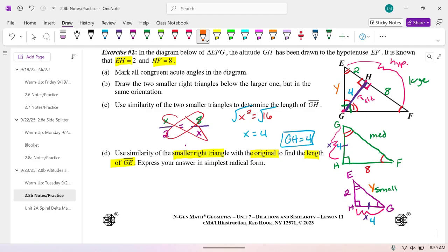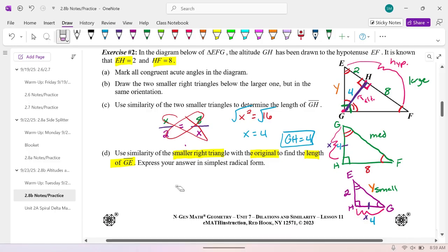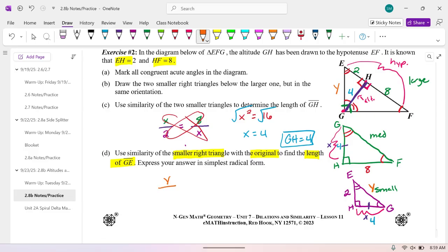So if I set it up going from the bigger one to the smaller one, I would have y over, if I'm going from the larger one to the smallest one, what corresponding side from the large triangle to the small one is y? So if I start at the y on the large, so this one right here, what's its corresponding side on this triangle? 2. So this will be y over 2 is equal to,